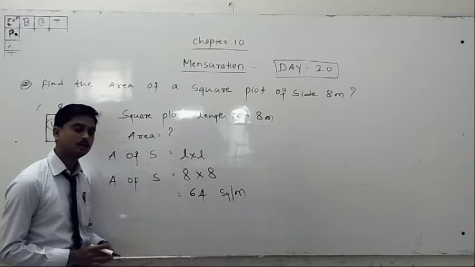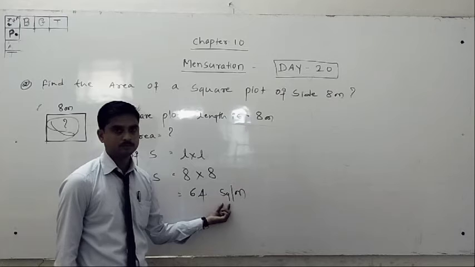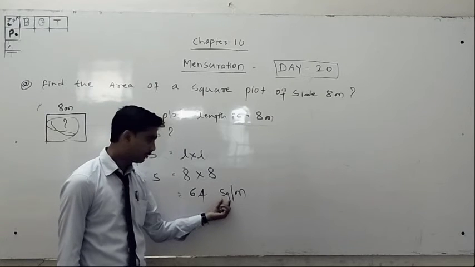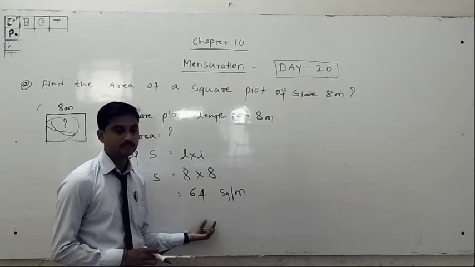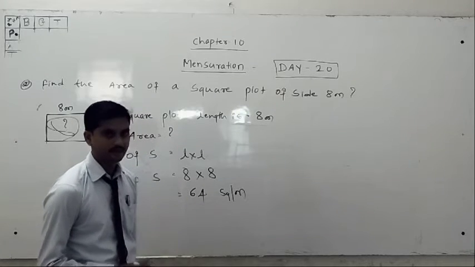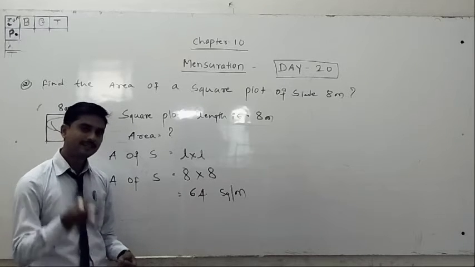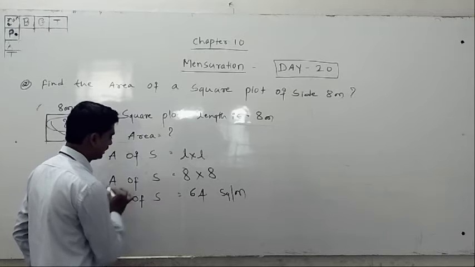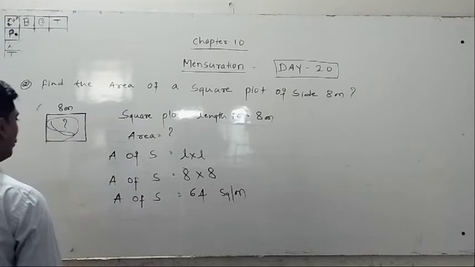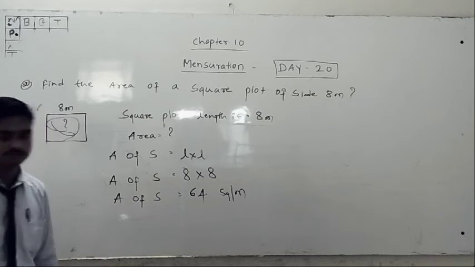It is very important. Compulsory. You should mention there the square unit. Compulsory you should mention the square unit. If you mention the square unit, then we will call it area. But otherwise, if you only wrote meter, that is not an area. You should consider that is perimeter. Understand? Okay. A of S is equal to 64 square meter. Okay. All of you write down this one. Write fast.